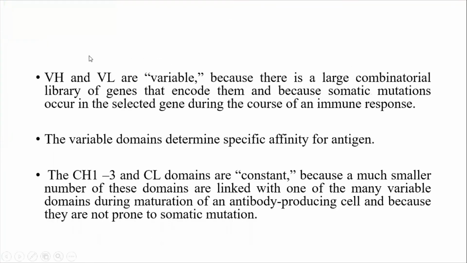Now, variable of heavy and variable of light are variable. What does it mean? Variable means that they have affinity for a large variety of antigens. So the entire portion of the antibody will be similar, identical. Only the variable part of the antibodies is going to differ. Now, why is this difference required? Because in the body there are many chances that different antigens or different bacteria can attack. So in order to have a broad spectrum, these antibodies have a variable region.